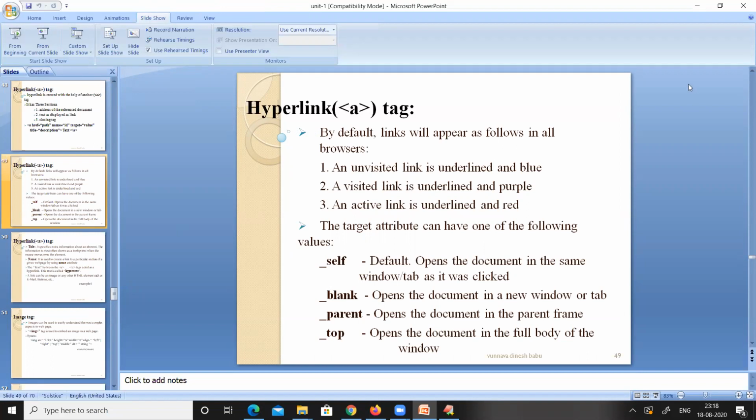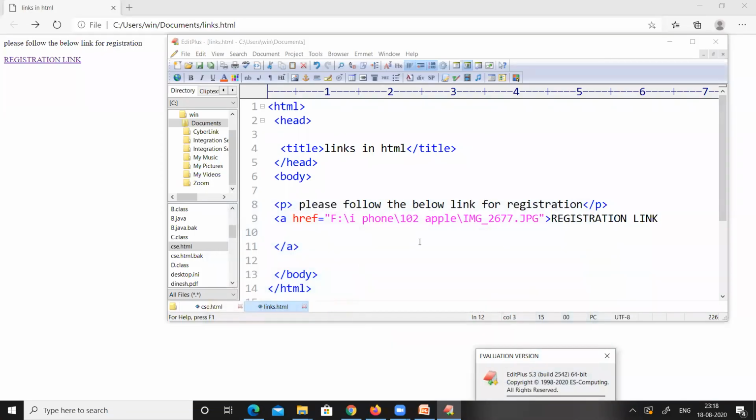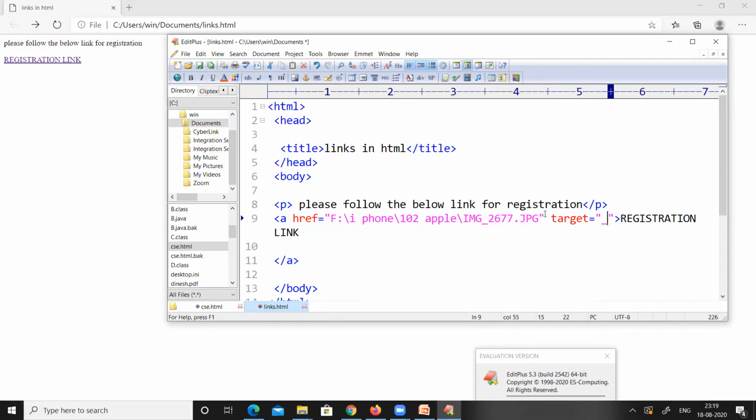Let us see what happens if we provide each option. First, let us provide target equal to underscore self.